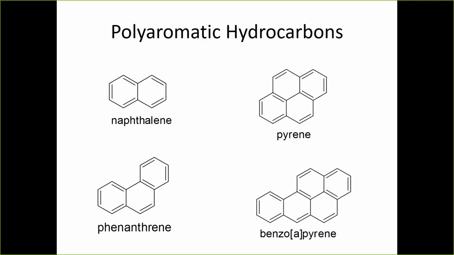So where does that name benzo-A-pyrene come from? Well, if you look at the structure of pyrene at the top, you see that you have 4 rings, and the A ring is the one at the bottom left, and the difference between them is that the benzo-A-pyrene has an additional benzene ring attached to the pyrene, and so it's benzo-A-pyrene. You can have other pyrenes too, they don't all have to be A.